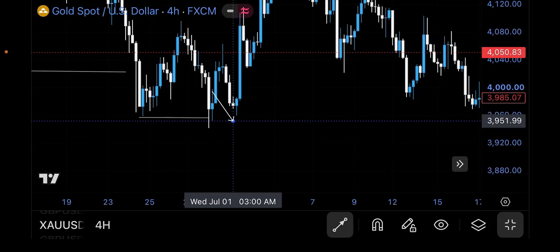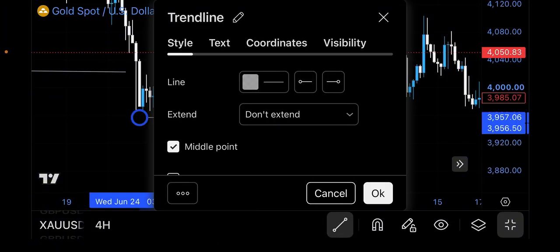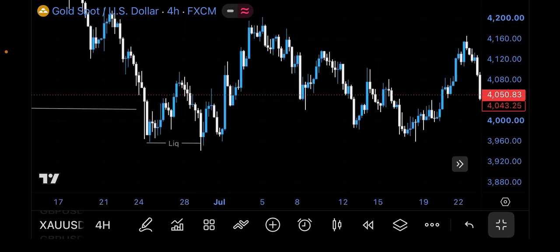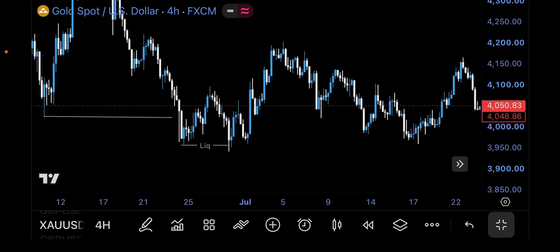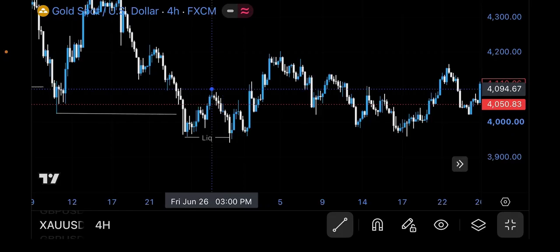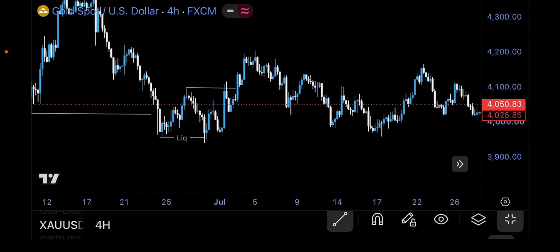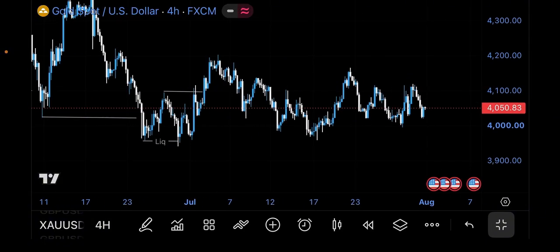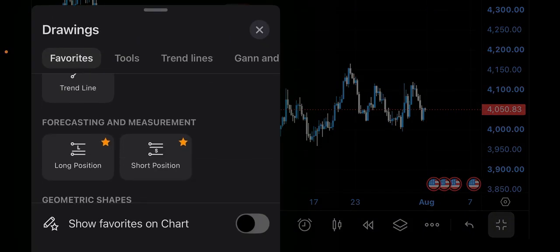Instead, it went up, came down, and continued going up. So this is a sweep of liquidity on the 4 hours time frame. If this is a sweep of liquidity, this will now be what? The 4 hours time frame structural break of structure. But on this XAUUSD, I'm not seeing any meaningful move, because if you actually see what